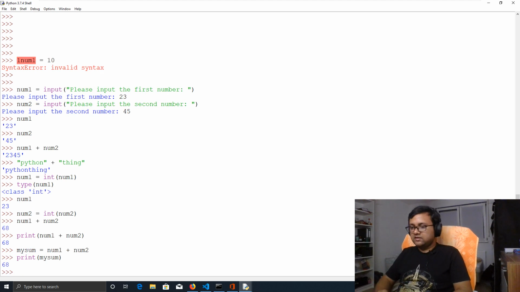Gives us the same result. Good. But if we want to print a little bit nicer of a message, if we want to say that the sum is, space, colon, space, plus my sum. Now this will fail